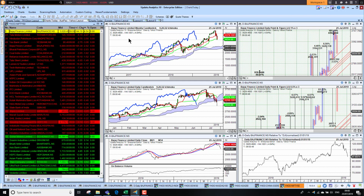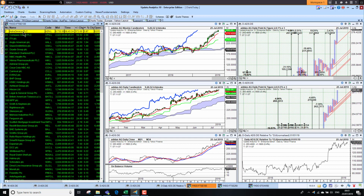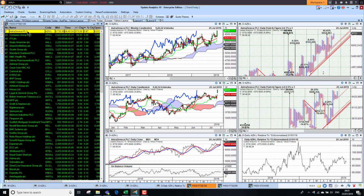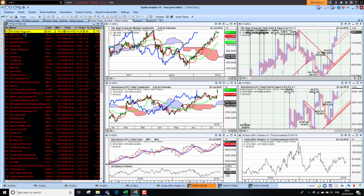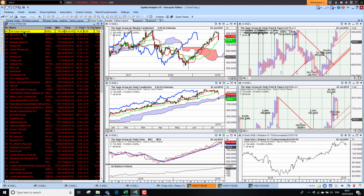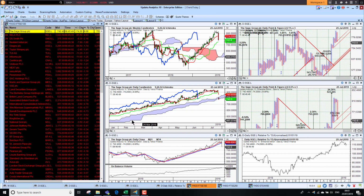Taking a look now at Europe, and we'll start by looking at the UK top 100. AstraZeneca is up 5.8%, and on the downside we've got Sage down 9%, a really big fall there. That might be the beginning of this trend coming to an end. It's had a very good recovery trend, but we're seeing now that it has ticked them down quite dramatically